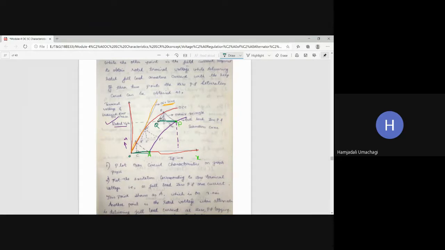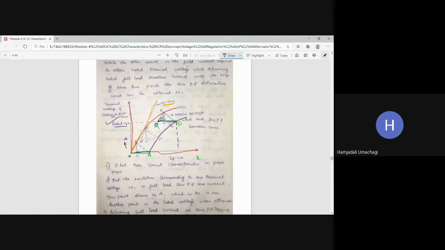From here, take the scale and keep the scale on the air line. Slowly keep moving the scale till it touches the point Q. Or else, you can simply draw the line which is parallel to the air line. So take the scale, keep it on the air line, and slowly move the scale. How long should you move? Till it touches the point Q.